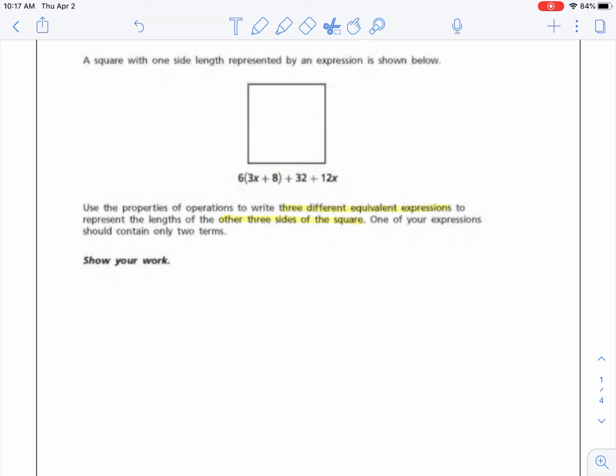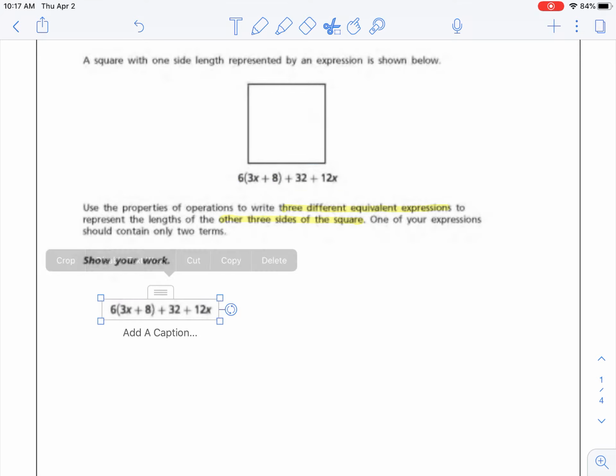So what we could simply do is grab this expression, and what are the other three sides? We have 1, 2, 3. I could take this entire expression and multiply it by 3. That's one way. So this is going to be the first way,